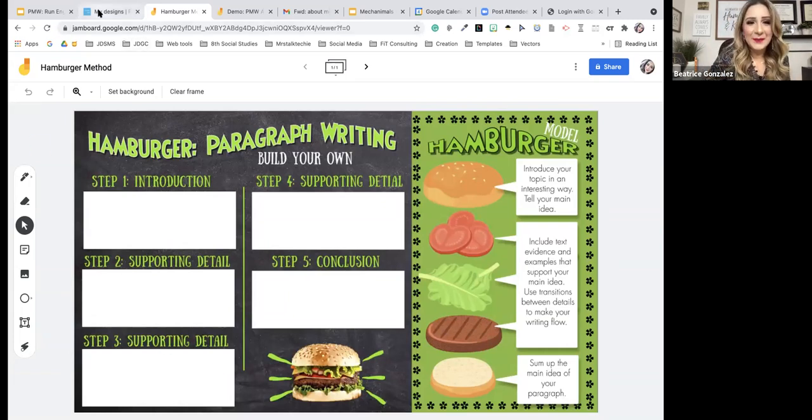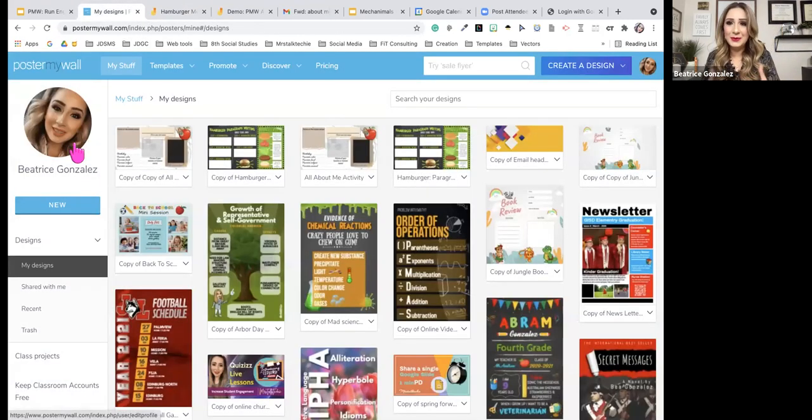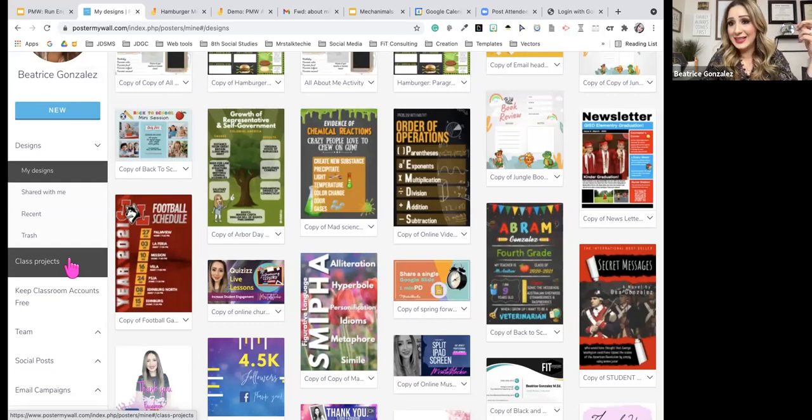The next part is when it comes to PosterMyWall and creating and your memberships, teachers, there is a teacher membership with a student account version of it. And I know that Lisa had mentioned that if you want to know more about the classroom integration part, she is going to add a link in the chat that'll tell you how it works to have the class projects as a teacher.